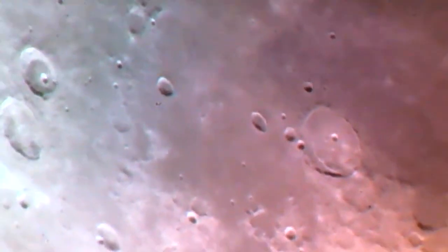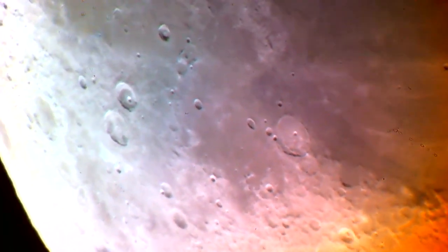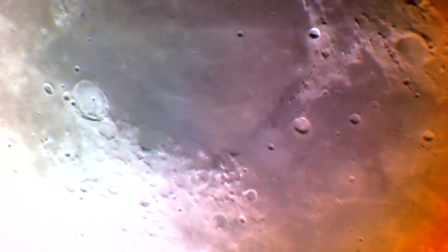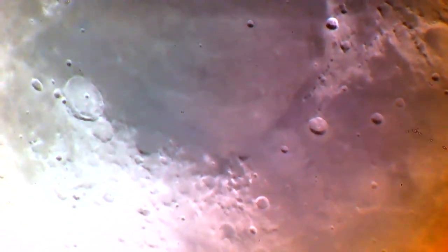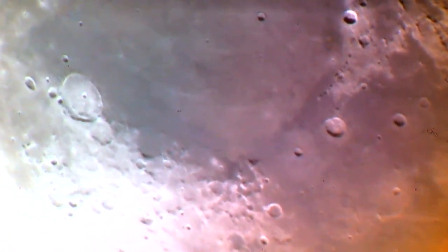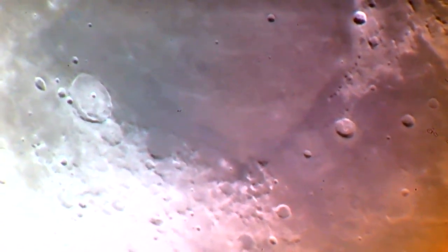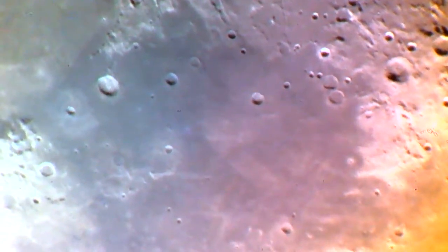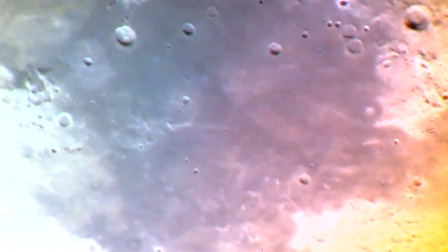And if we back out again, with the settings we have now, we might get to see what the crater floors are showing us for color. Again, that strong reddish color to the right is vignetting. If you don't get this camera squared dead on, you're going to get a certain amount of vignetting anyway until you get the camera zoomed in past the edges, but it'll give you that reddish look. But not an awful lot of color. Bluish. There's some nice color now, and there's those wispy markings on Mare Tranquillitatis that we talked about,